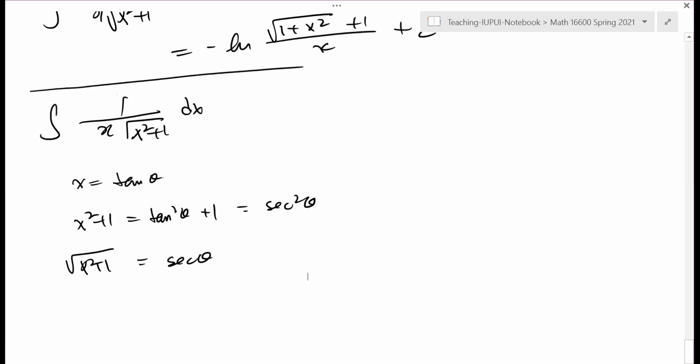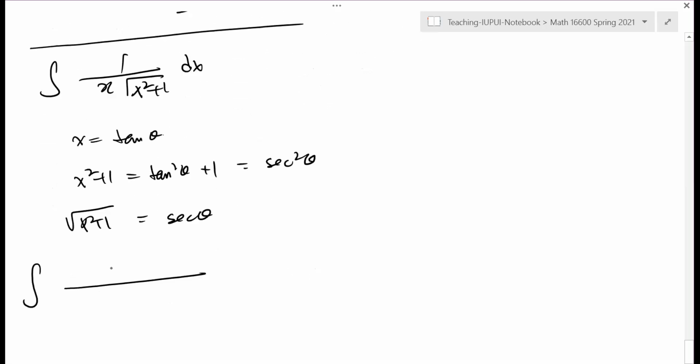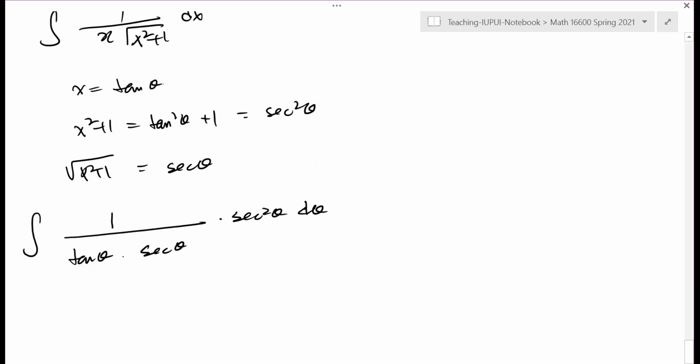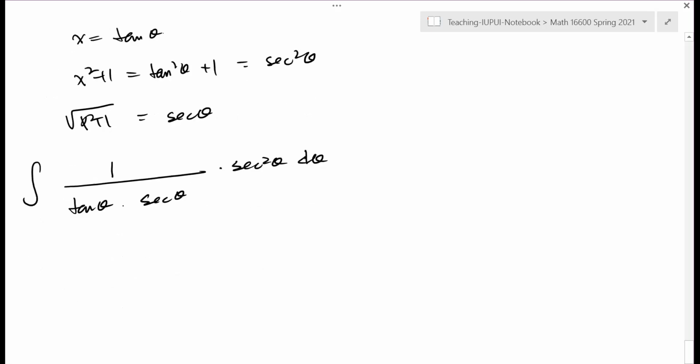Then let's simplify the integral. The derivative of x is going to be secant squared theta d theta. So let's simplify it. I get